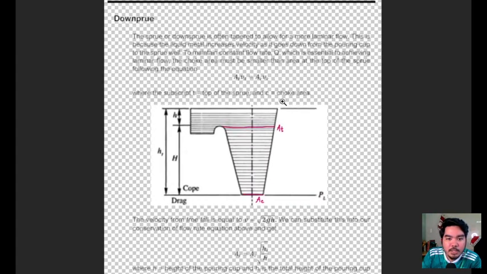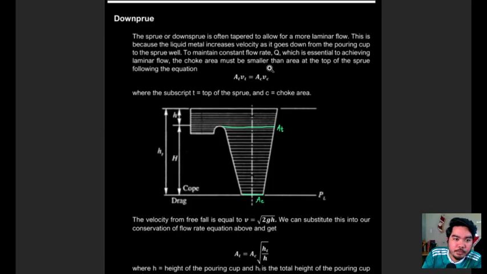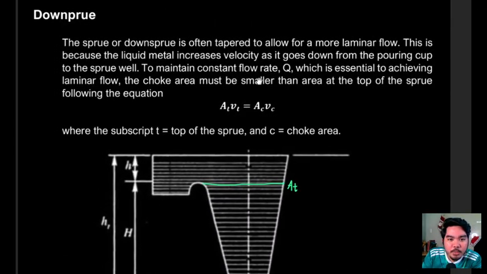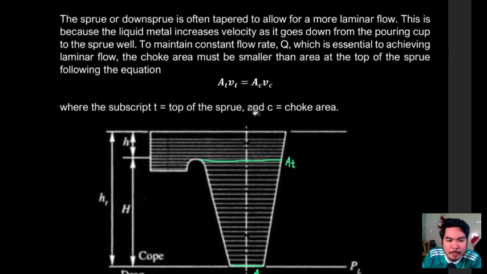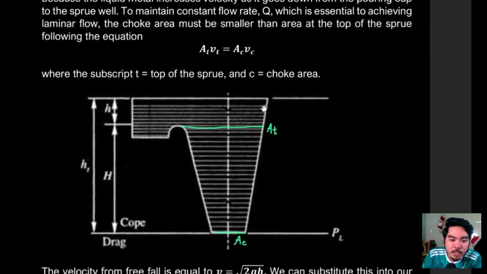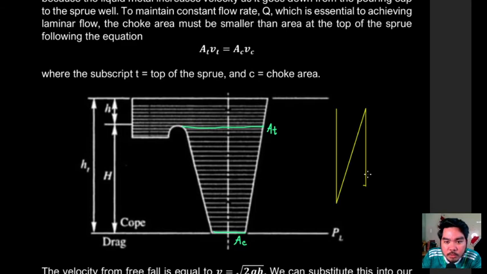Okay. So first, ito muna tayo. So ito, when we're computing for down sprue dimensions, we need to take into account kung ang important lang dito is if meron tayong tapered or straight na down sprue. Okay? So kung straight lang yung down sprue natin, then kung ano yung mako-compute natin na AC dito sa baba, then it's just equal to